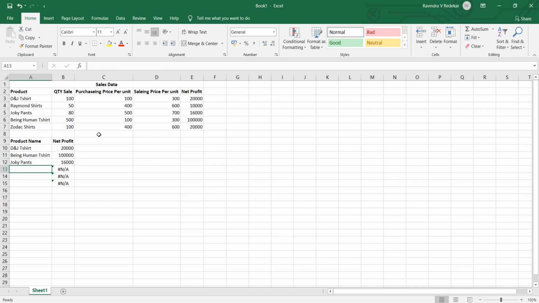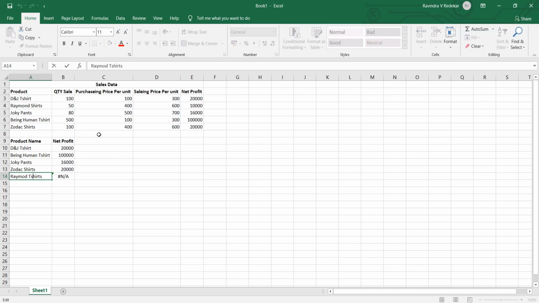So if I want the Zodak tag shirts, it gives me the value. Being human t-shirt, sorry, not Raymond. See, Raymond t-shirts is not found because Raymond t-shirt is not present, but the name Raymond shirts is there.